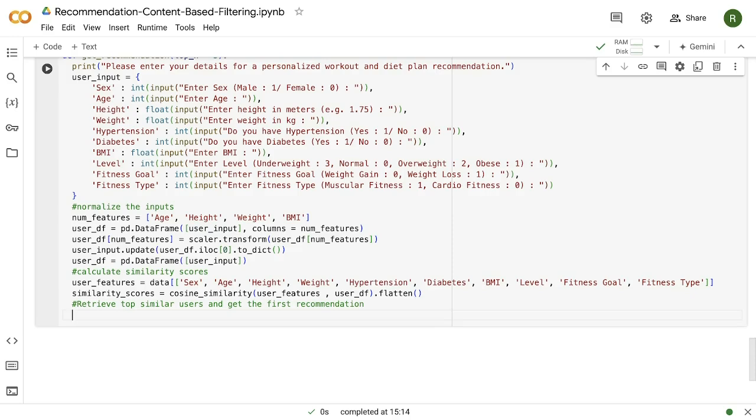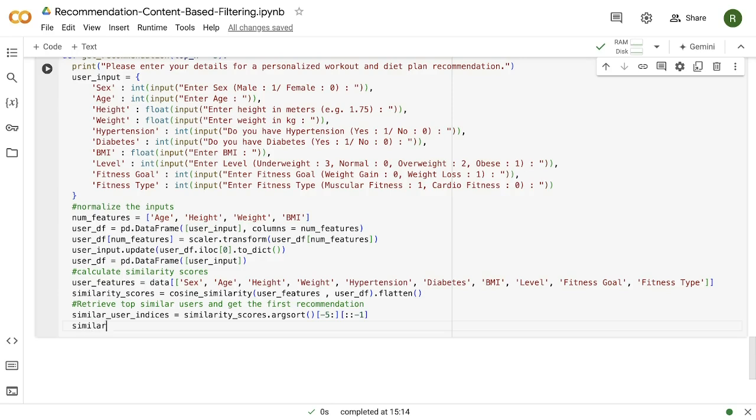So here I will say similar user indices. Here I will call this similarity scores method, and here I will make use of the argsort method, argument sort, and here I will just say from -5 up till end, and then -1. So here we have performed basic slicing, nothing else. We are getting the similarity scores, and then we are sorting it for the top 5. And after sorting it for the top 5, the next thing that we are going to do, I will say similar users. So similar users is equal to